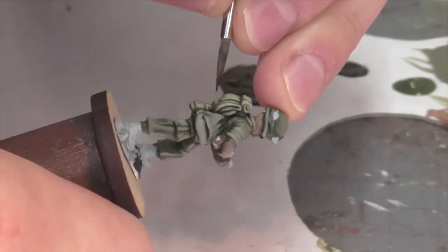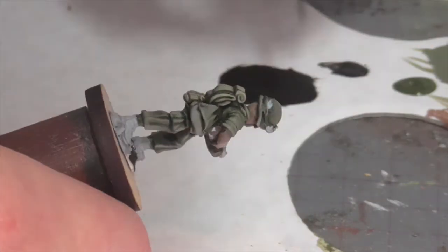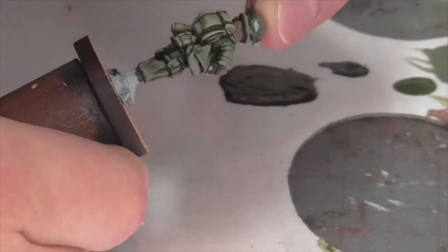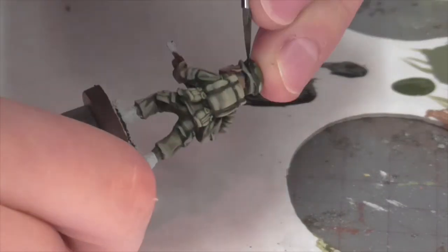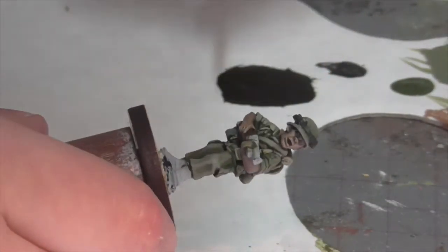There are some areas that I want to be very, very dark, almost black green, which includes the straps on his backpack, the band on his helmet, the top of his water bottle, some areas just like that. So I've made a mix of the camouflage olive and some black, actually a lot more black than camouflage olive at this point, because I want it to be very dark, and I'm just going to apply it on to those areas. I'm also going to be putting a camouflage cover on his helmet